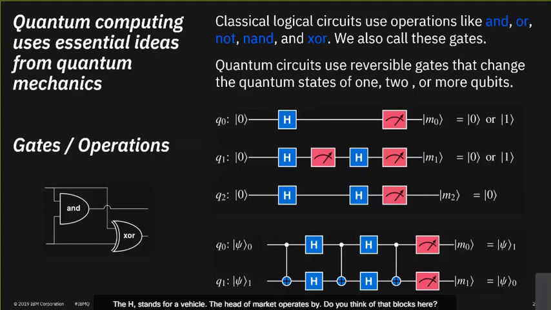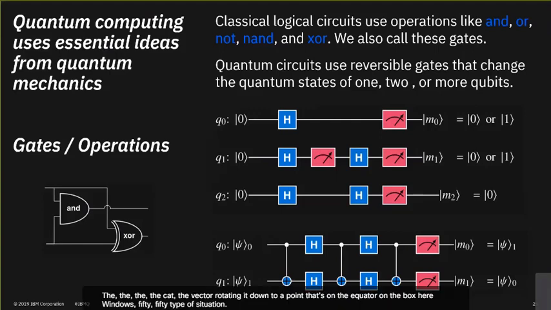It operates by, if you think of the Bloch sphere here, ket 0 is at the North Pole. You apply the H gate, and it winds up moving the ket, the vector, rotating it down to a point that's on the equator of the Bloch sphere. One of those 50-50 type of situations. So after you apply those 3 Hadamard gates, essentially you have